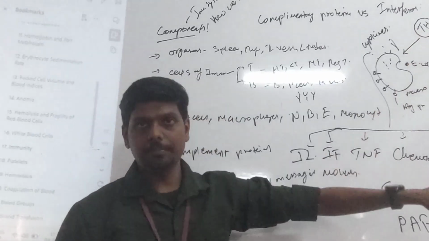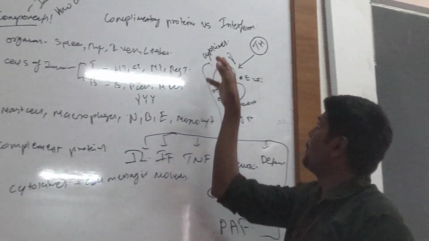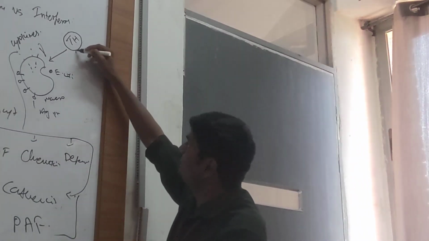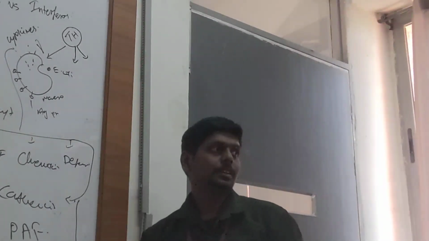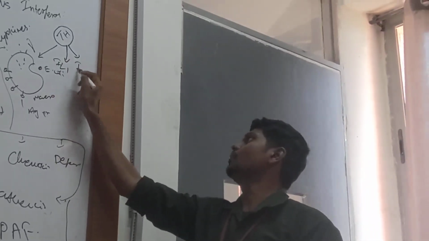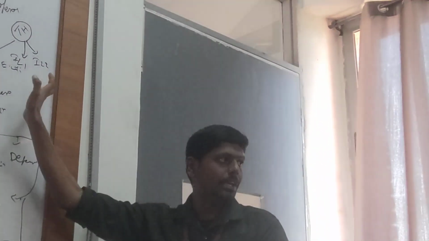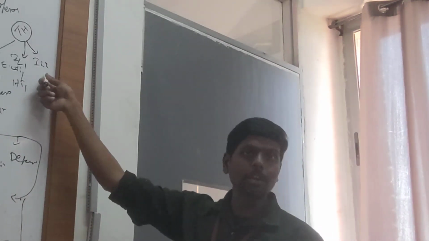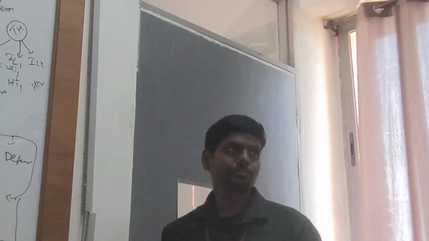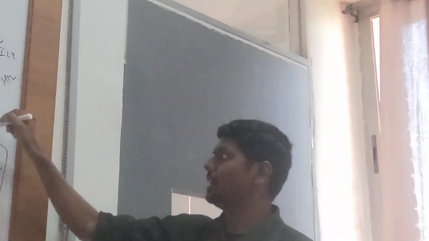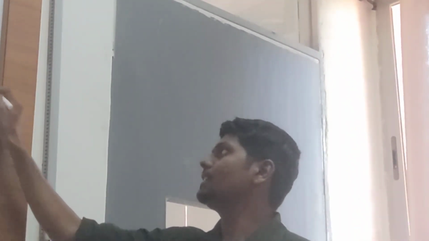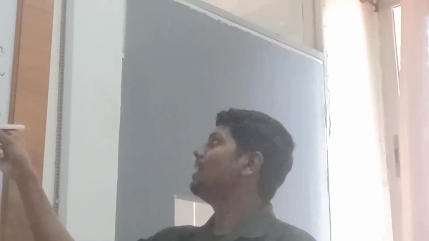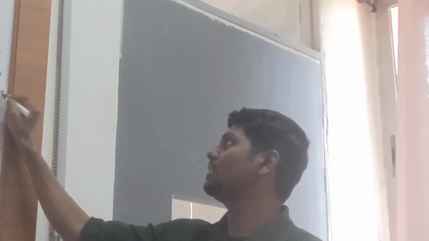That is clear. Then see here, once the helper T cell came, this helper T cell will be sending 2 types of chemicals. It will send interleukin 1, interleukin 2. Just for example I am giving it here. Interleukin 1 will call helper T cell 1, whereas interleukin 2 will call helper T cell 2. Helper T cell 1 in turn calls the cytotoxic T cell, whereas helper T cell 2 will call the B cells. Again, helper T cell 1 will communicate with the cytotoxic T cell with interleukin 3 and 4, and the B cells will communicate with interleukin 12 and 16.